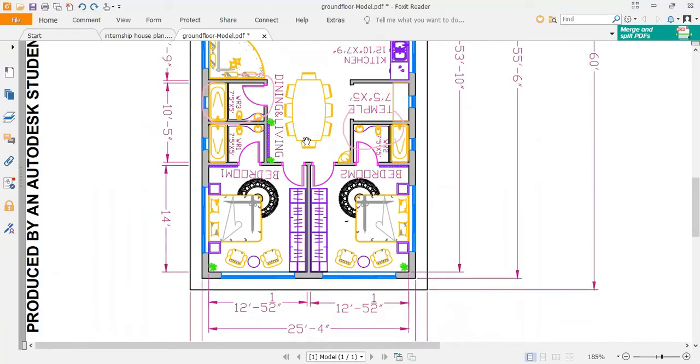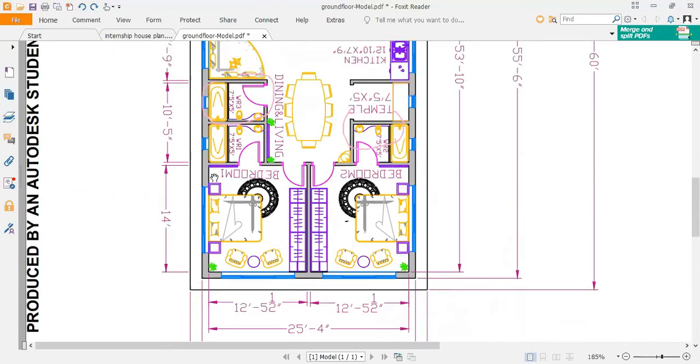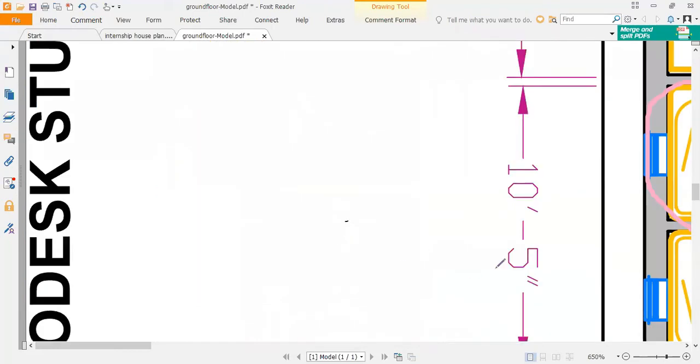Okay, and the very smart way is to reduce the line widths, because if you see your wall thickness, or the boundary line you have shown here, those are, I don't know the line width, but of this wardrobe or cupboard, whatever you have provided, this line thickness is more than that. Okay. That is the thing I'm talking about.